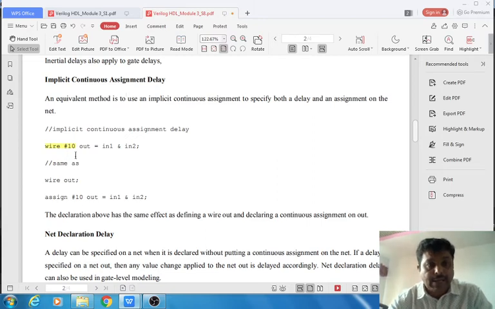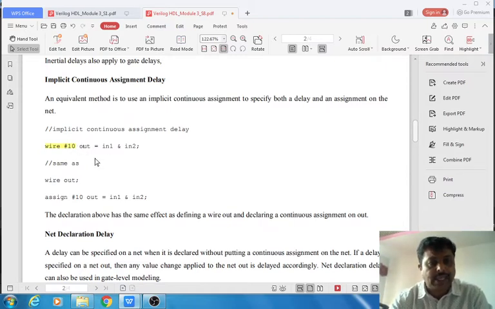Normally, a continuous assignment delay is given in an assignment statement, whereas here, during the declaration itself, you write the continuous assignment statement as well as assign the delay. So there are three operations. First, you declare in1 and in2 separately, and the output as a wire also. Second is the continuous assignment statement, that is assign out is equal to in1 and in2.